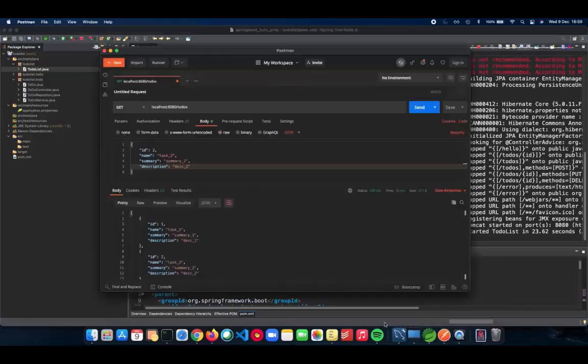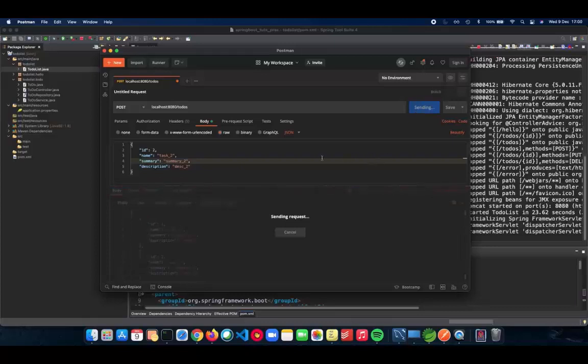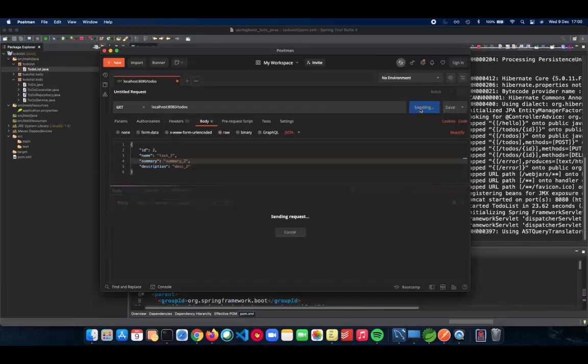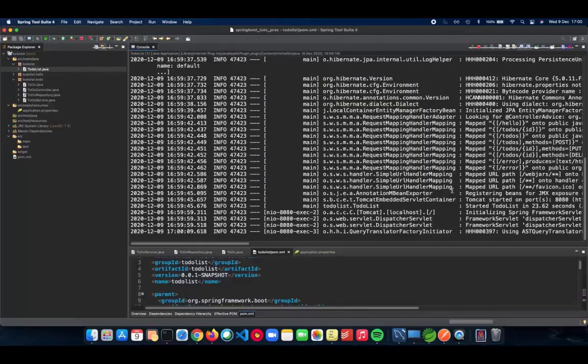I have added nothing here, so let me just add some things. Go to post. Let's add two first, just for the sake of it. Okay, so now that two is added, let's do a get and let's send. As you can see, we get two back. So this is how, without updating any single piece of code, we're able to integrate MySQL with our